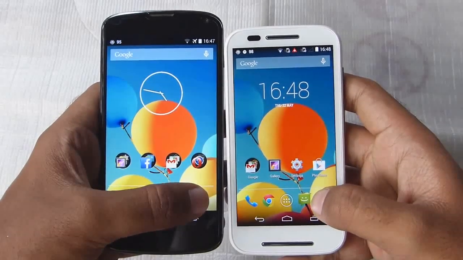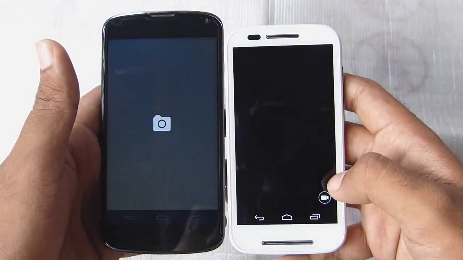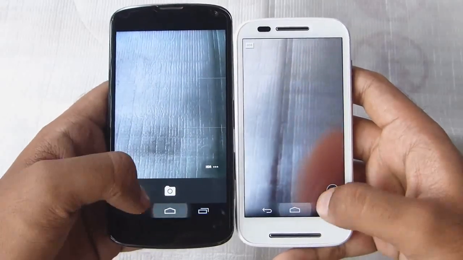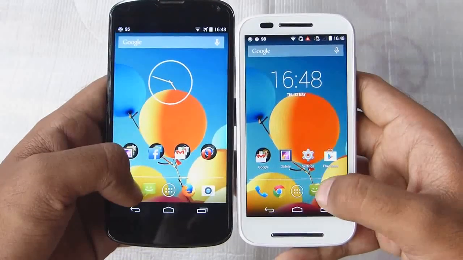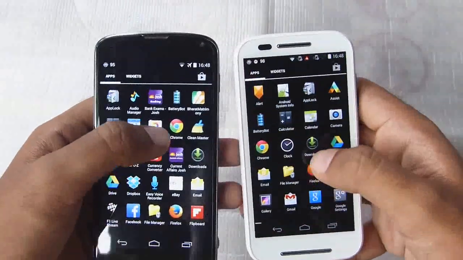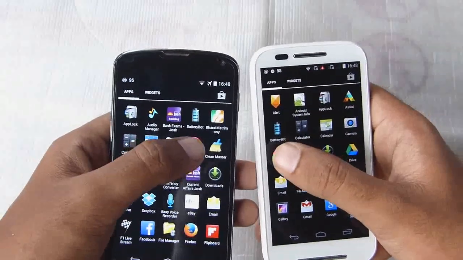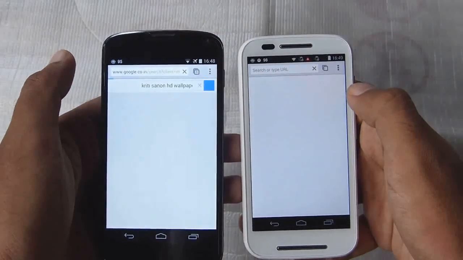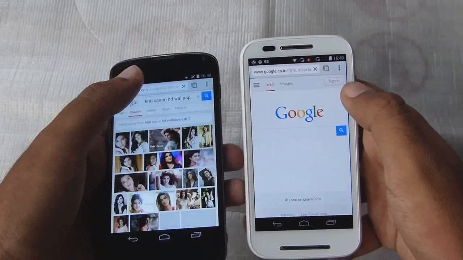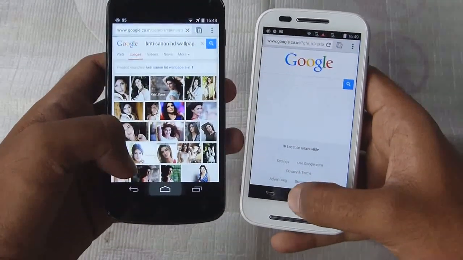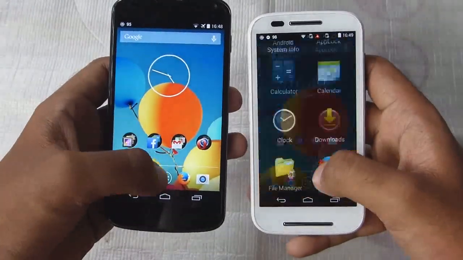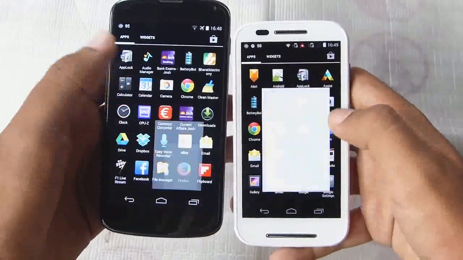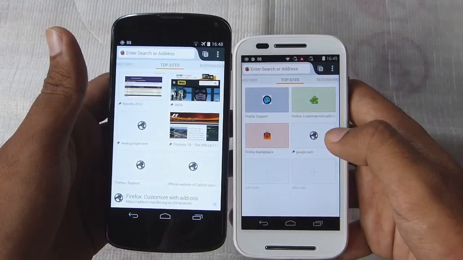The camera first. That was almost neck to neck, though the camera popped up first on the Nexus 4. Now let's take a look at a browser, Chrome. Okay, I already searched something on the Chrome, as you can see in the Nexus 4, but still the Nexus 4 was a bit ahead. So now let's take a look at Firefox. That was neck to neck,